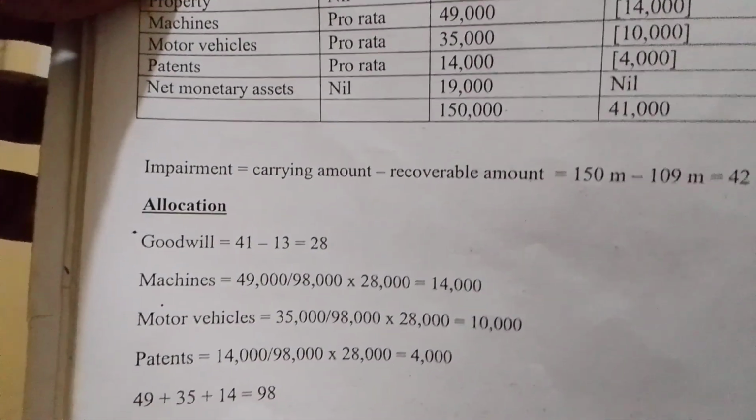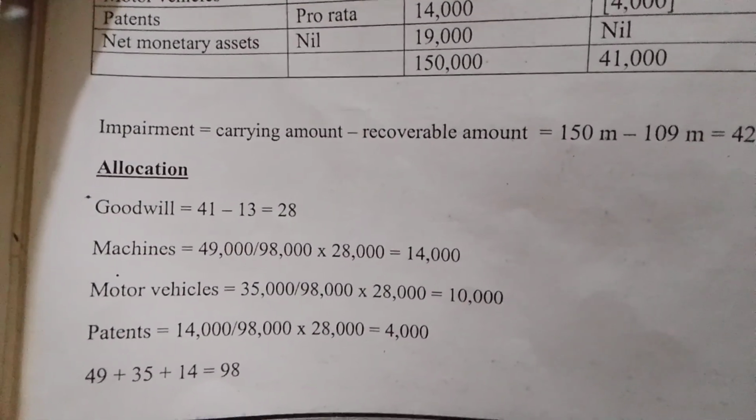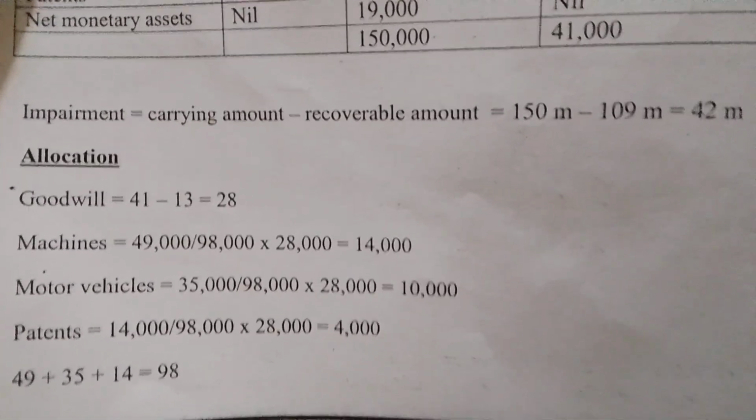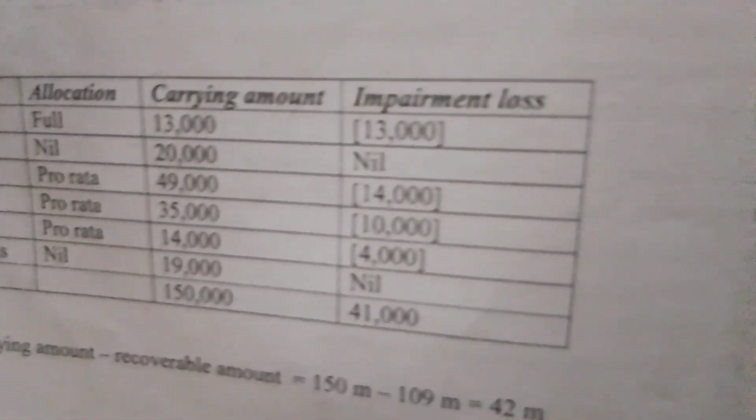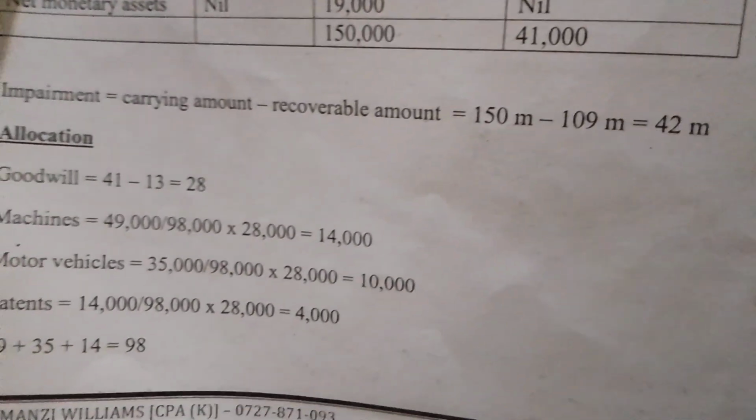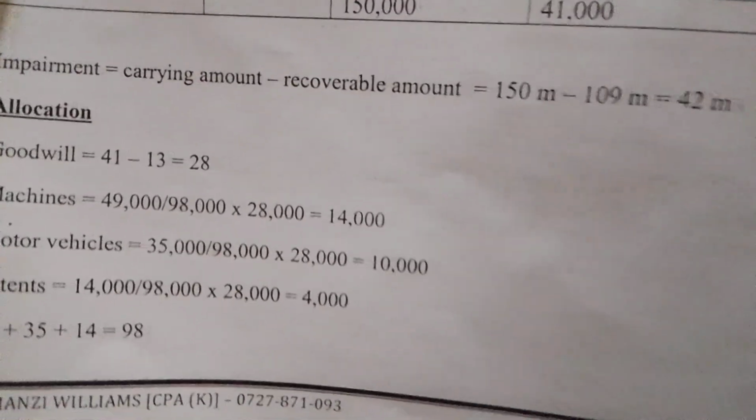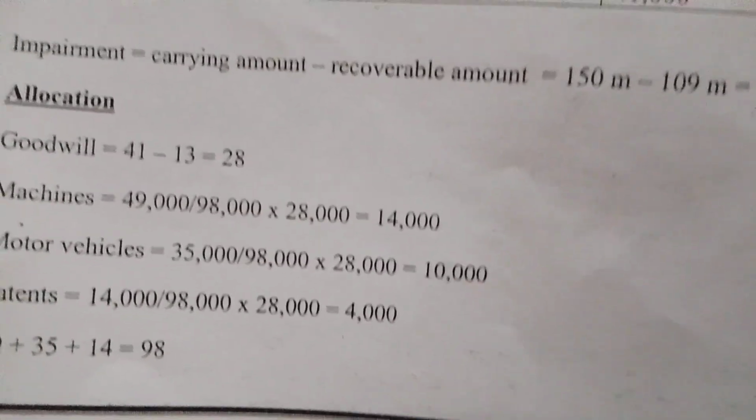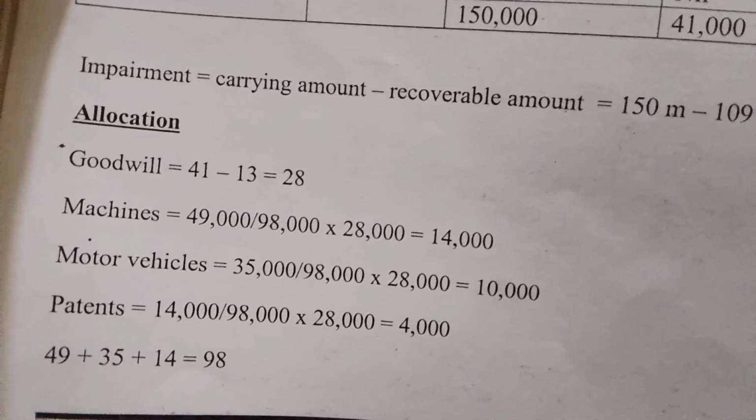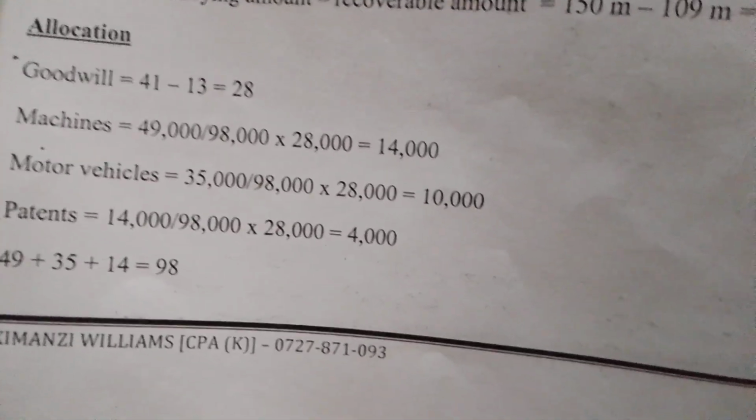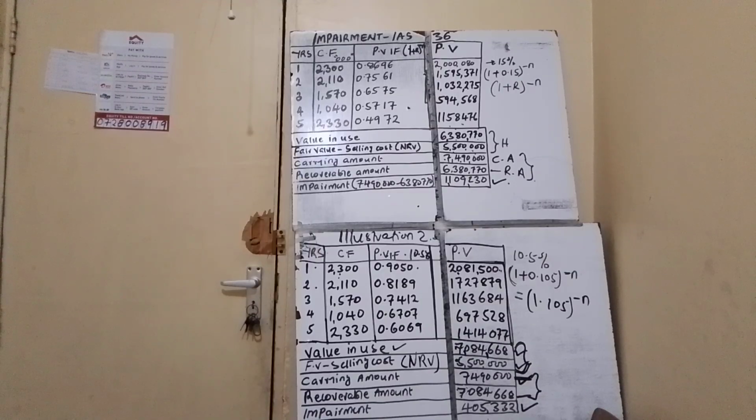Allocation now. How do you go about allocation? You can see goodwill, 41 minus 13. 41 is the total impairment. Total impairment loss, you can see it there. You are minusing what? 13, which is the goodwill. Goodwill was fully impaired. You are left with 28. Now the rest you use pro rata basis. Now these others, because goodwill is fully impaired,